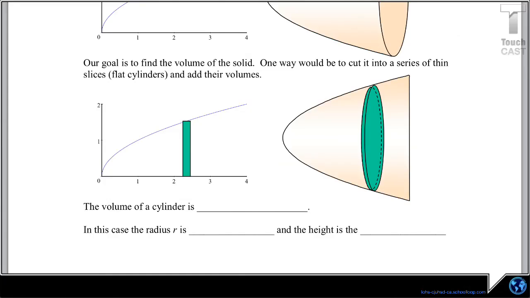just like this one. Only every disc would not be the same size. So I would have to find the area of each of those discs and then add them all up. Now, you probably remember from geometry and perhaps algebra 2 that when you found the volume of a cylinder, it was pi r squared h. And so we're going to use that volume of a cylinder